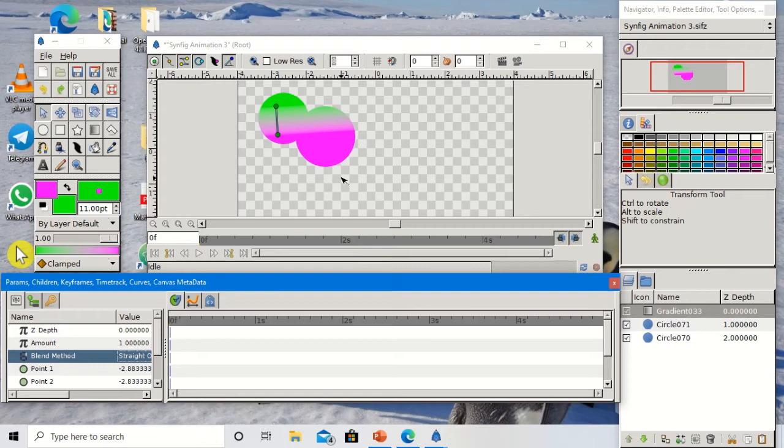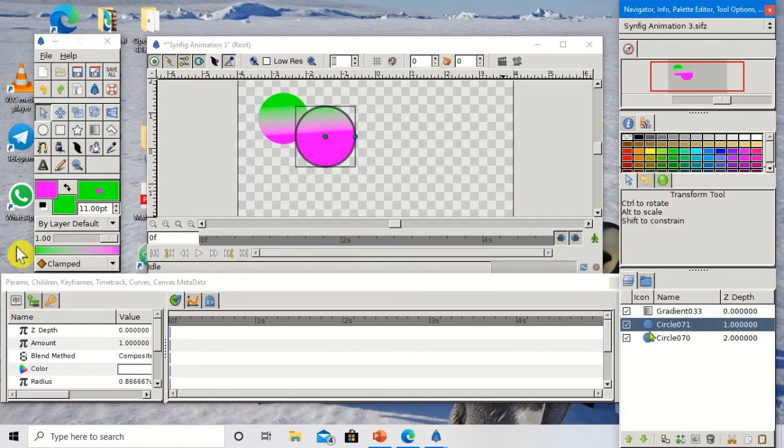As I told, one layer can appear on other layers or can hide other layers. How this is going to happen, let me show you. I want to put the effect on this only, I don't want to put it on this one. Then what I have to do, let me show you.